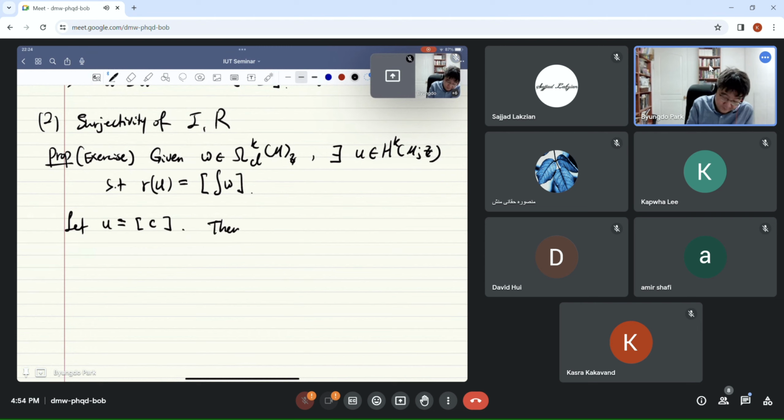Then C minus integral omega would be delta lambda for some